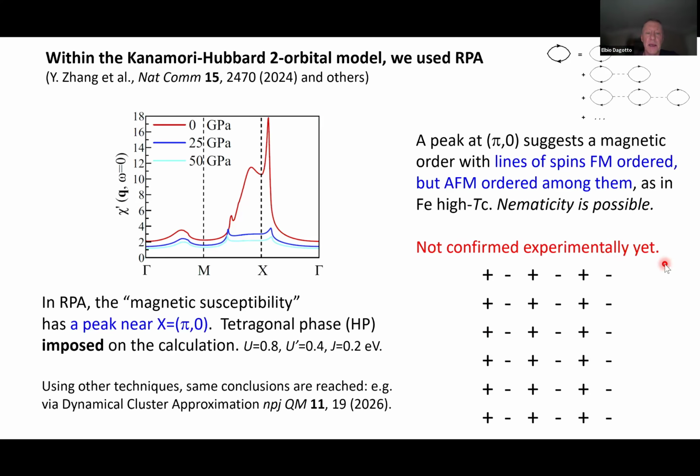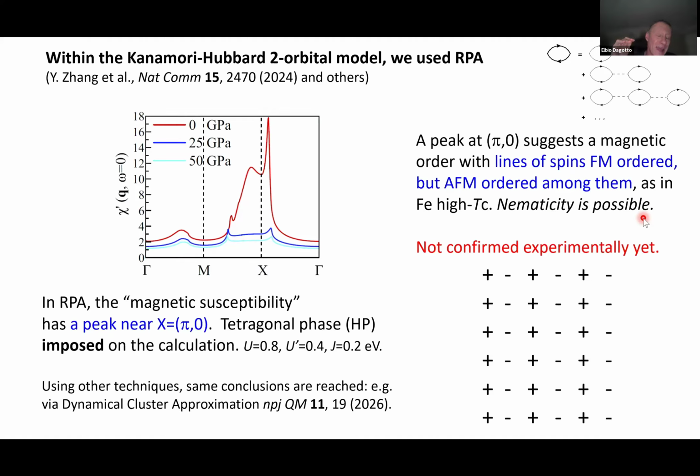Other techniques have been used. I will show that in just a minute. By the way, nematicity is possible, for the experts of the iron superconductors. You may recall that in that area of research, there was a big effort around the issue of nematicity. You have two possibilities, pi 0 and 0 pi, and there is the possibility that upon cooling, you may go